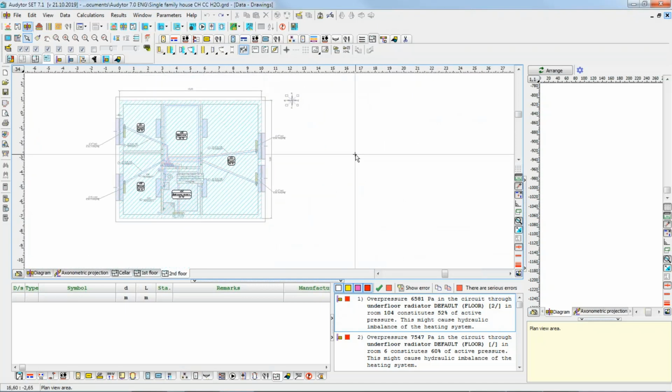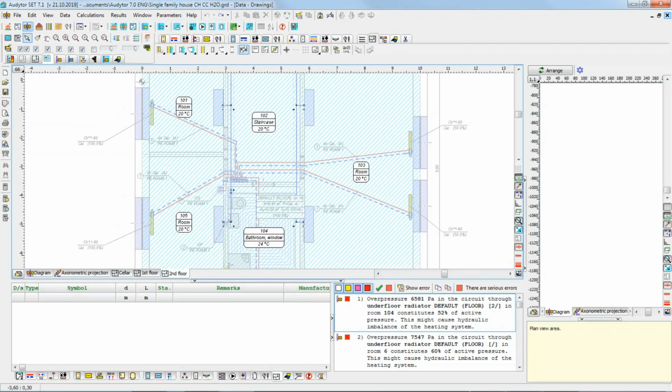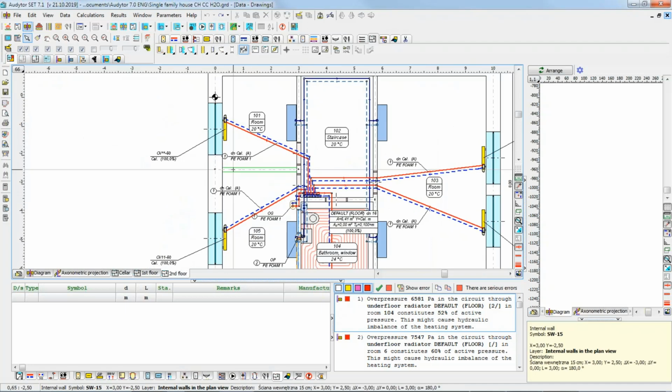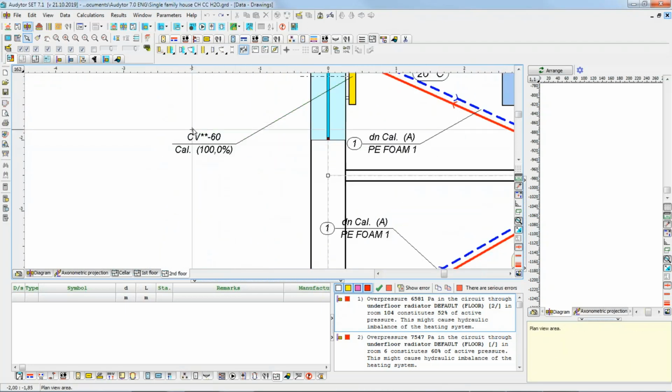Like in Audytor HL, we had these two models, geometrical and calculation model. We have also two sets of drawings in Audytor SET. This is kind of main principle. These drawings that you have so far, these were drawings with data. For example, if you have a look at the radiator, we have information that it should be CV asterisk asterisk, so the program can select not only the length of radiators, but also the number of plates. But you can see here the selected